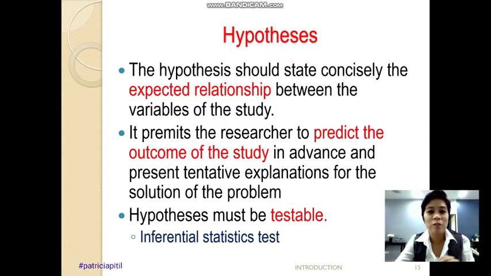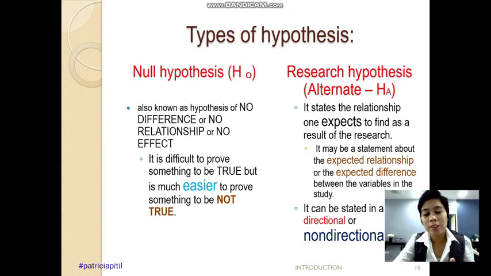What are these? Involving several new types of tests in the SPSS, the software. Okay, so there are two types of hypotheses you are going to outline in your writing: the null and the alternate. If it is the null, it always has a statement saying no differences, no relationship, because scientifically it is difficult to prove something to be true, but it is easier to prove that something is not true. Okay, I'll give you an example after this.